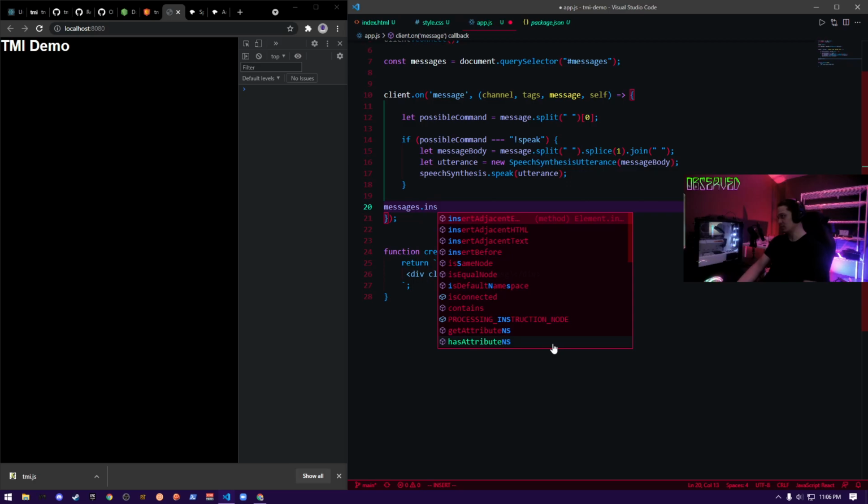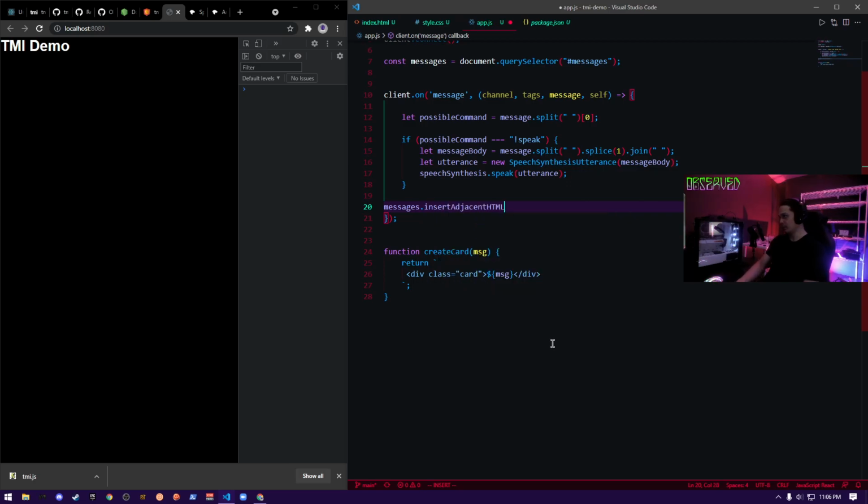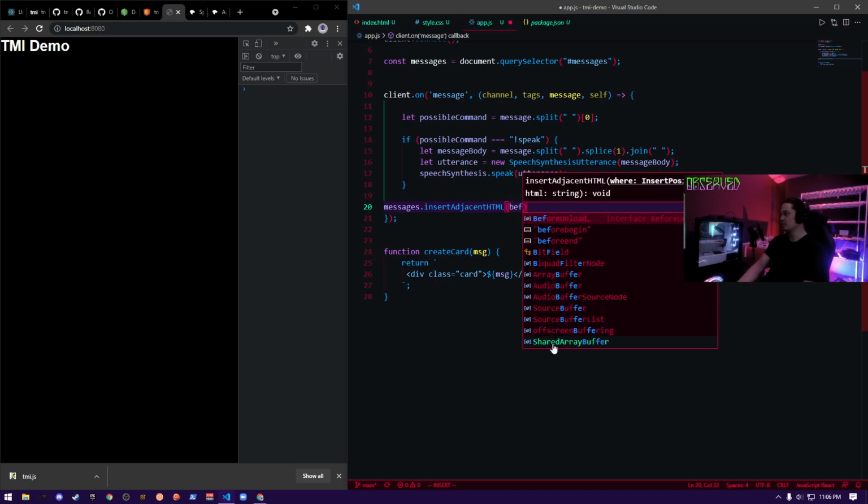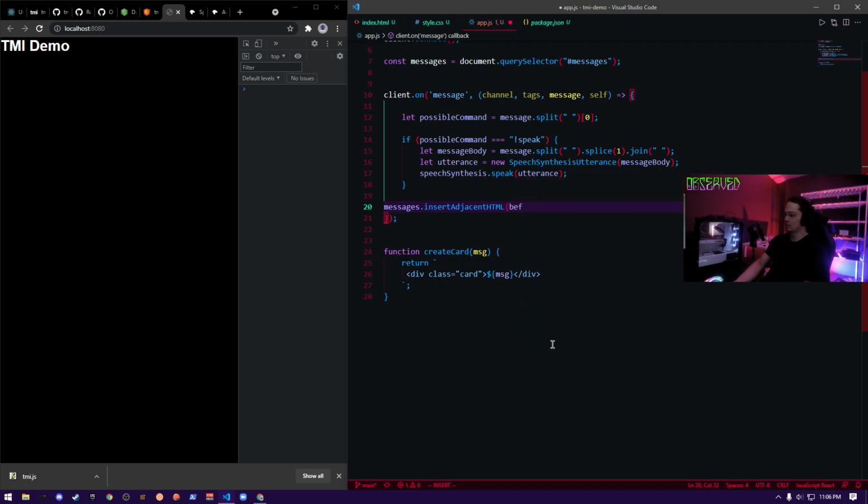I'm going to insert adjacent HTML, and that's going to be before end, like that. And I'm going to insert create card message.